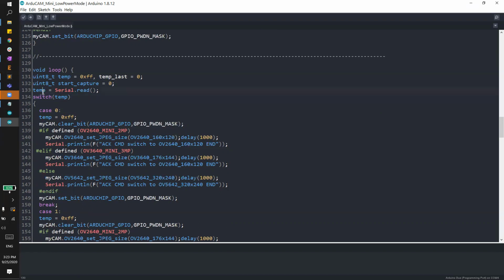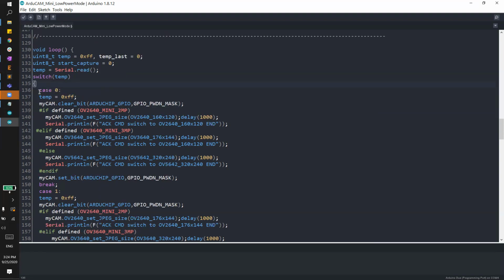Basically right here, the word temp is defined, and it's saying that whatever is typed, say a command from ground, like if you send a 0... This switch case function is basically a function where there's a bunch of different cases. It's kind of like an if-else loop,